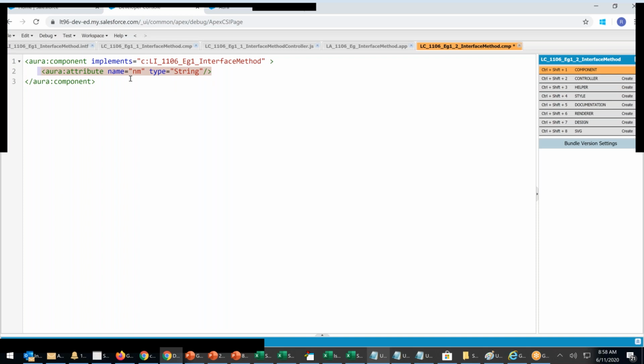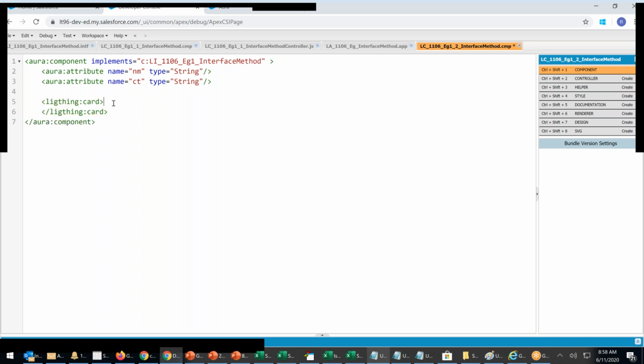I'll copy the same thing again, and I will say city. Now I will use a lightning card.